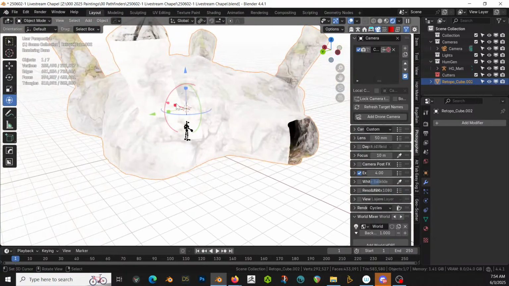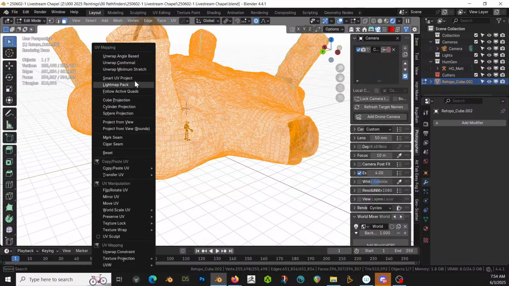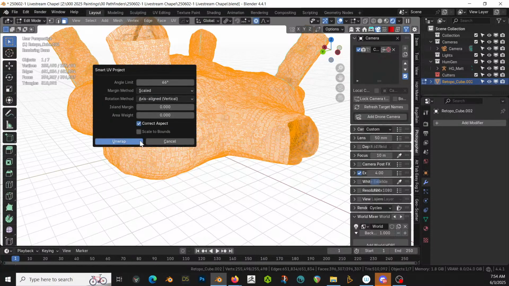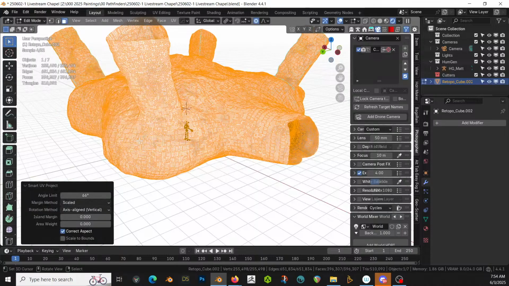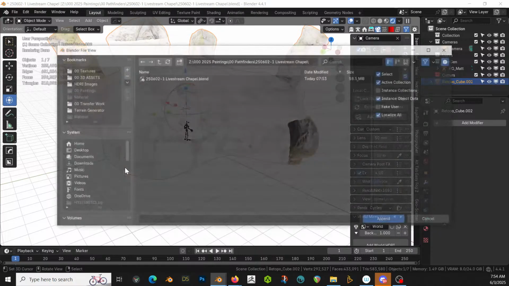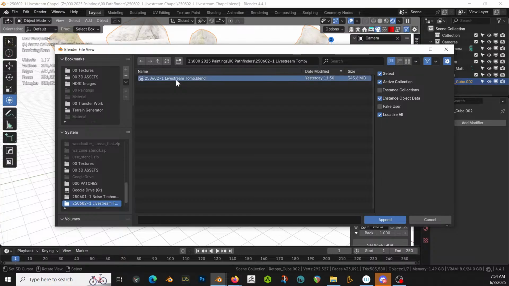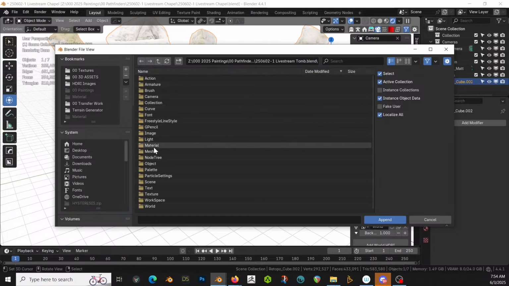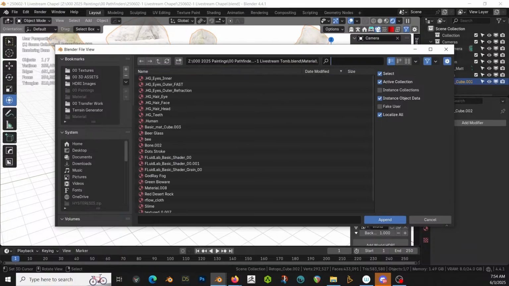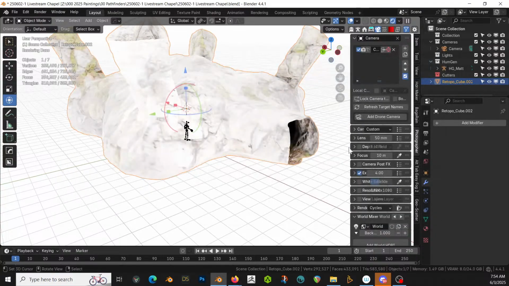So the first thing I want to do now, tab A, Smart UV Project, unwrap it. Now I'm going to go grab the material that we made yesterday, append, which was the tomb material, and it's red something or other, right? Red desert rock. Only I changed it enough that it's no longer red desert rock. It is now